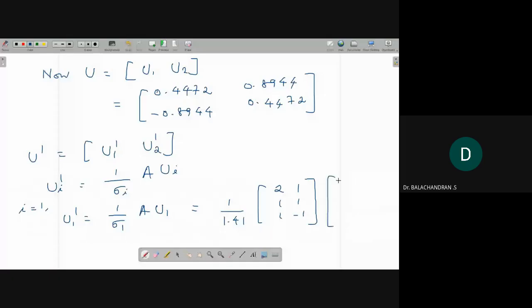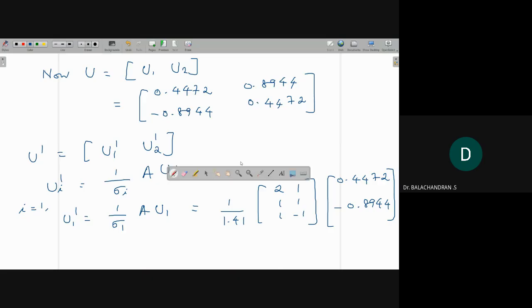It is 0.4472 minus 0.8944. If you multiply these two matrices and divide by 1.41, finally you will get